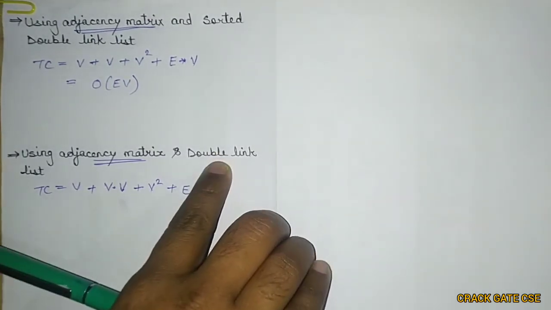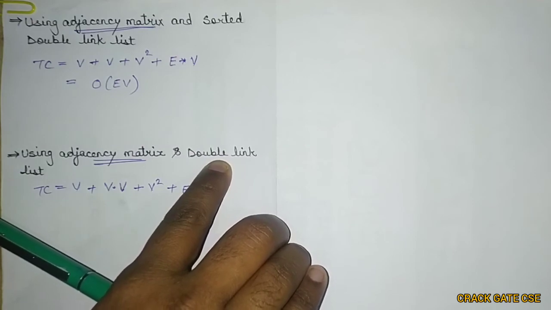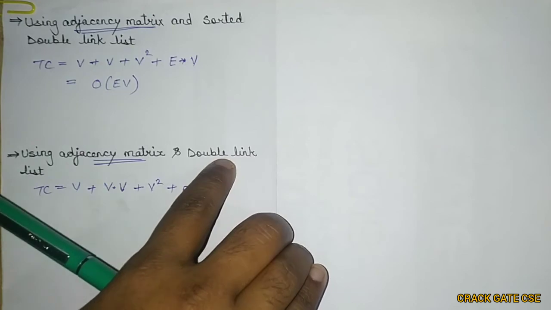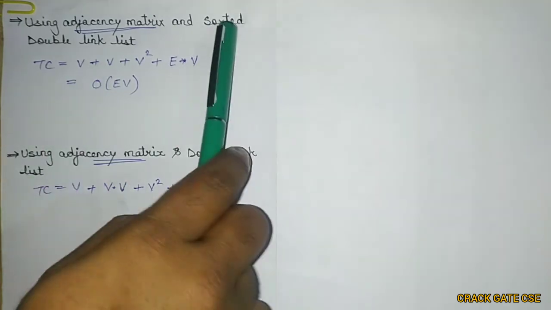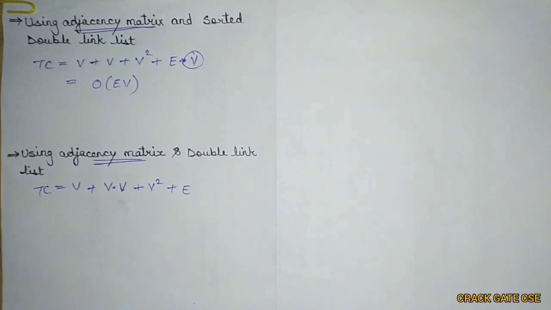It is a double linked list, so if we perform the decrease key operation at any place, it will not distort the property of this double linked list because it is not sorted. Earlier it was sorted, that's why we sorted it again, so that it would not violate the condition. But here there is no need to sort because the list is not sorted.